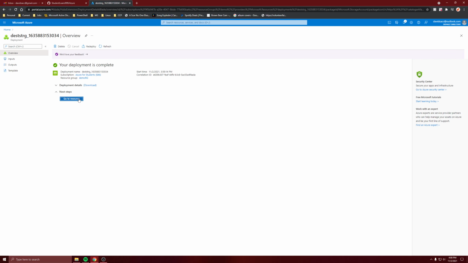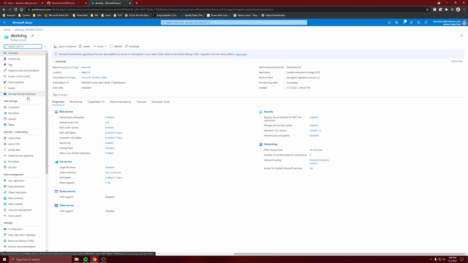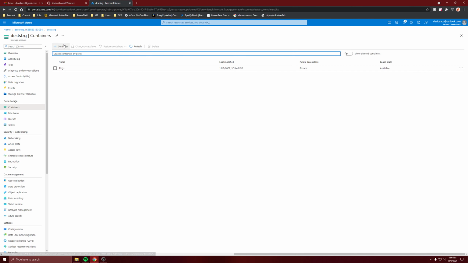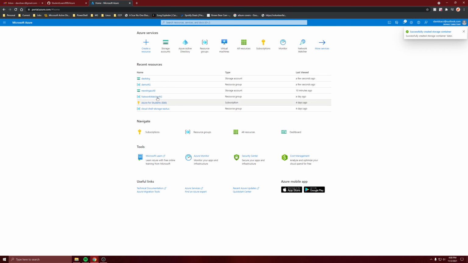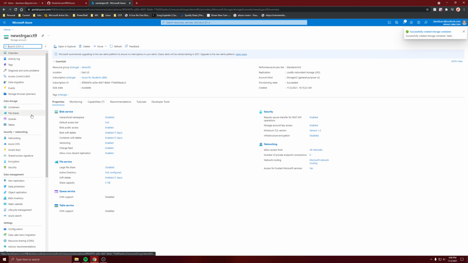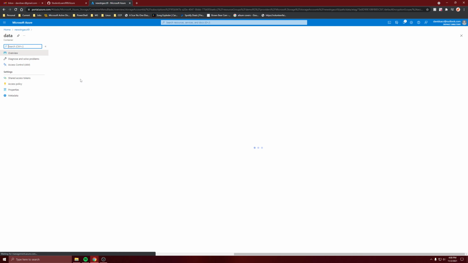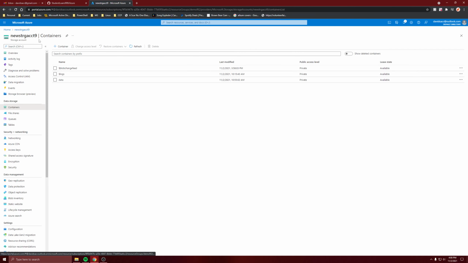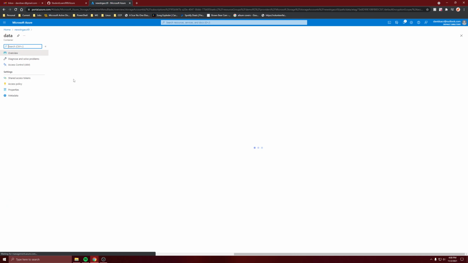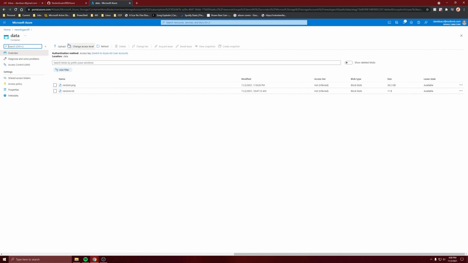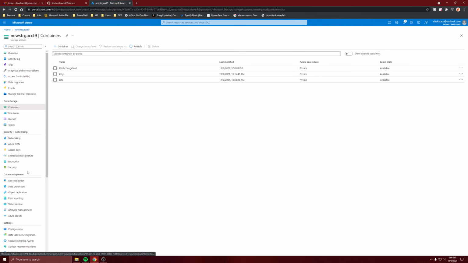Alright, so the destination one's created. So let's create a container. And in our other one, I showed in the beginning, but we already have a container, data, with stuff in it. So just to show how to change it, that these files are going to be in the other storage account's container. So go to